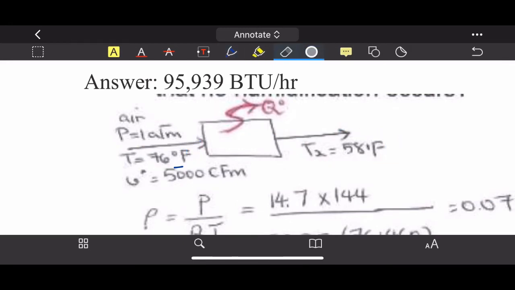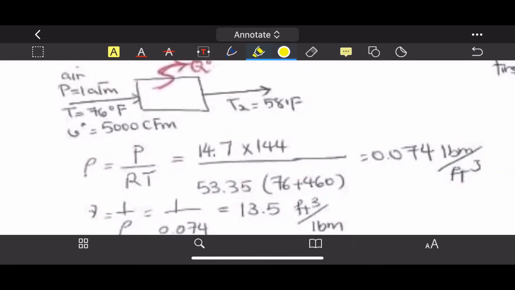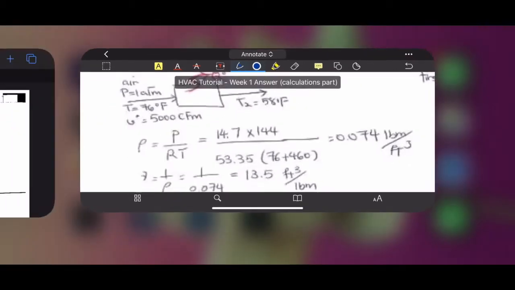Alright, so to answer this, we will use the ideal gas equation, which is rho equals P over RT. Now, take a look at this. Here it says 14.7 times 144. Now, I'm going to switch to my